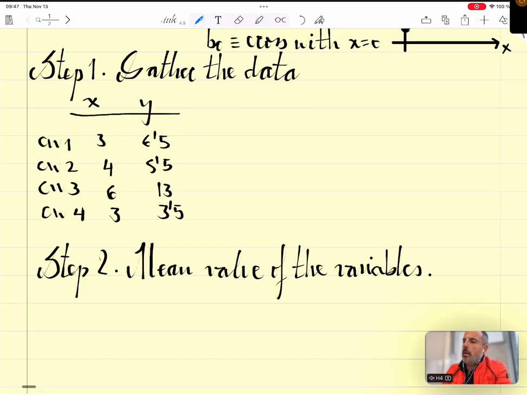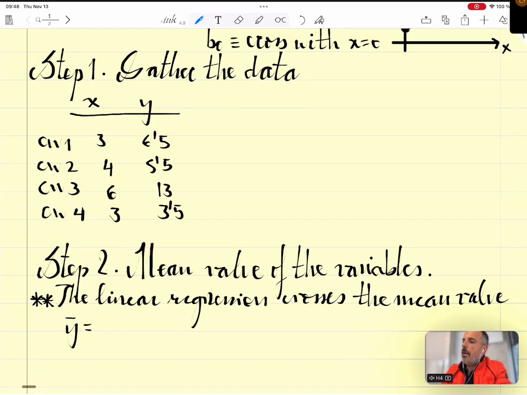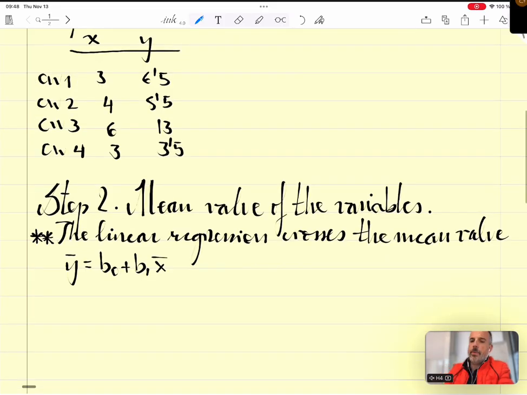And it is important to remark that the linear regression crosses the mean value. So the linear regression is going to fulfill the equation y mean value equals b0 plus b1 x mean value. Okay, this is important. We're going to use this to